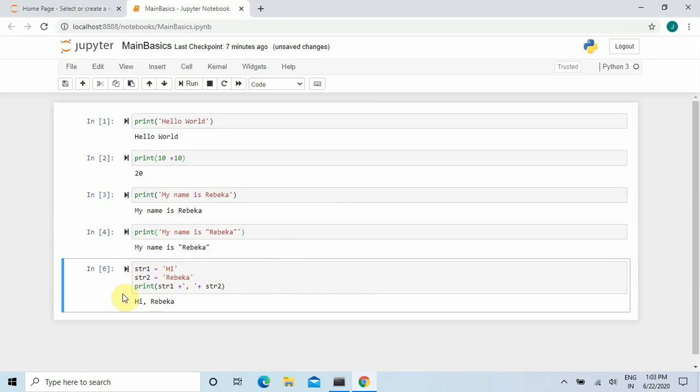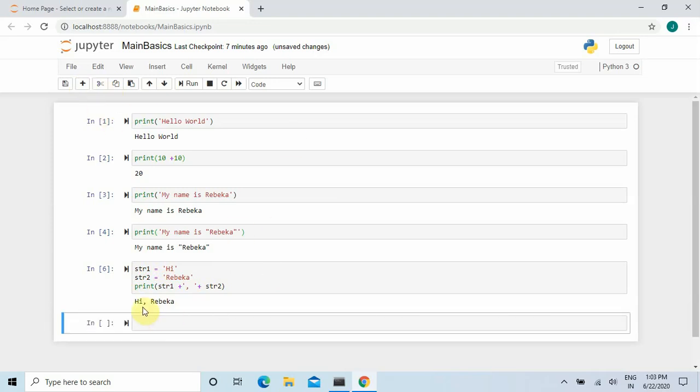Now for this string str1, I am giving the input during the coding itself. If you want the user, or yourself, to enter the input during the runtime of the program, then you will use the input function. So let's see how this input function works.